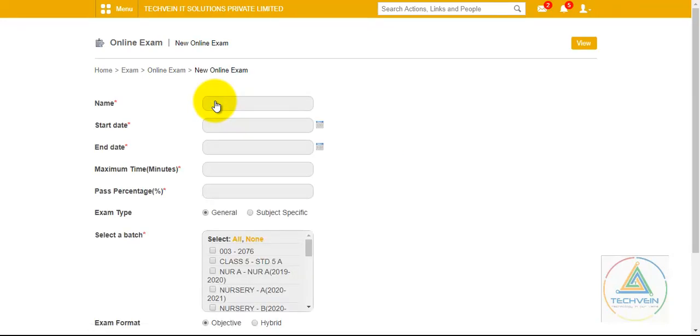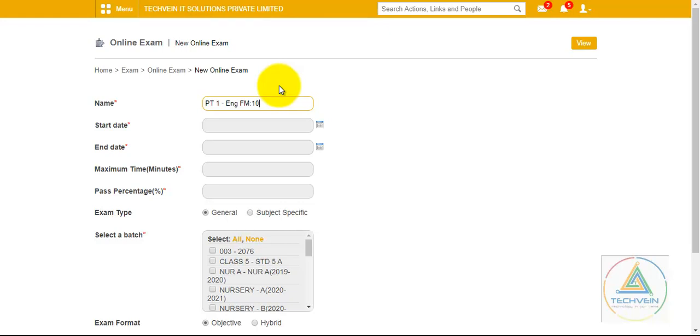Here are some fields that are marked with star marks, which means they are mandatory fields. Now we are going to set a name for the exam. Suppose we are writing it as a periodic test 1 exam and the subject for reference is English, and for the description we can give full marks as, suppose, 10. Here teachers can give the marks accordingly.